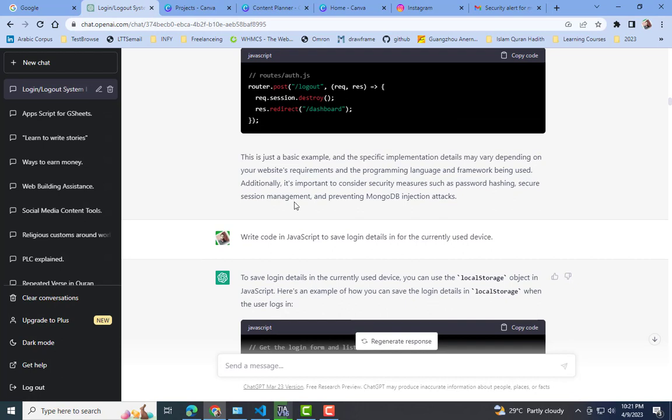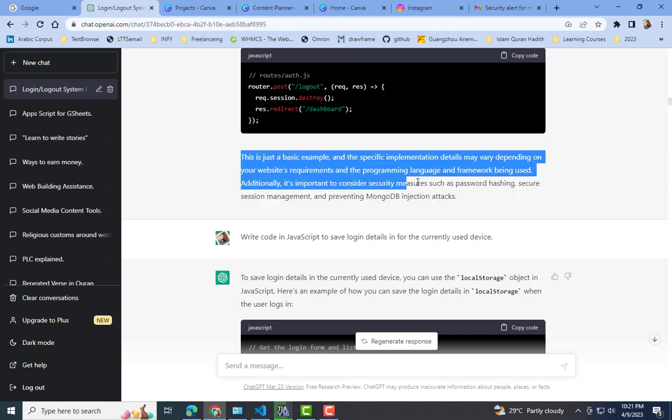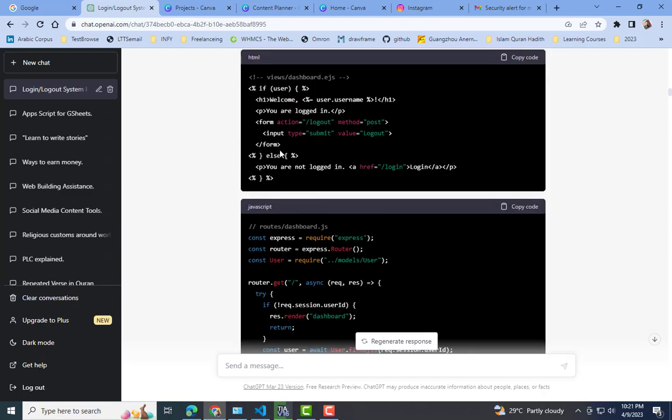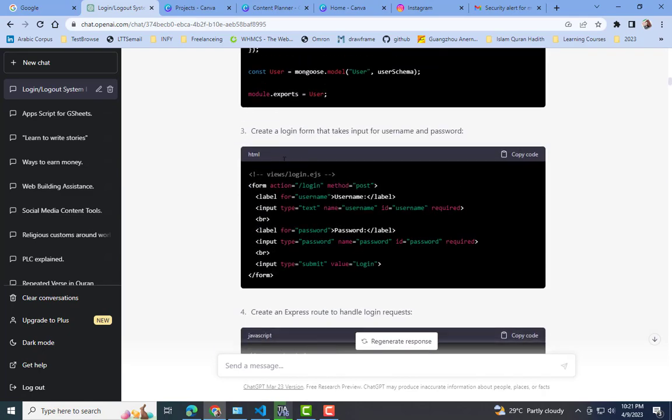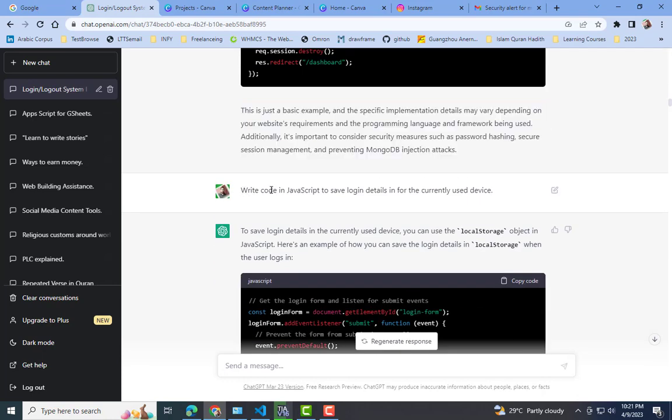So the only thing is, obviously, this is much easier for an experienced web developer than for a novice or learner, because the learner has to learn first and do practical development work with the help of an experienced one, and then they will understand how to integrate them all into one application. Then I asked, write code in JavaScript to save login details for the currently used device, and